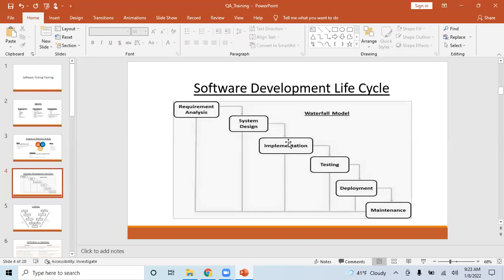The input is again the requirements and also the high-level system design that the architects do. That will be given to the development team. So the development team refers to both the requirements and the system design to come up with the code, right?